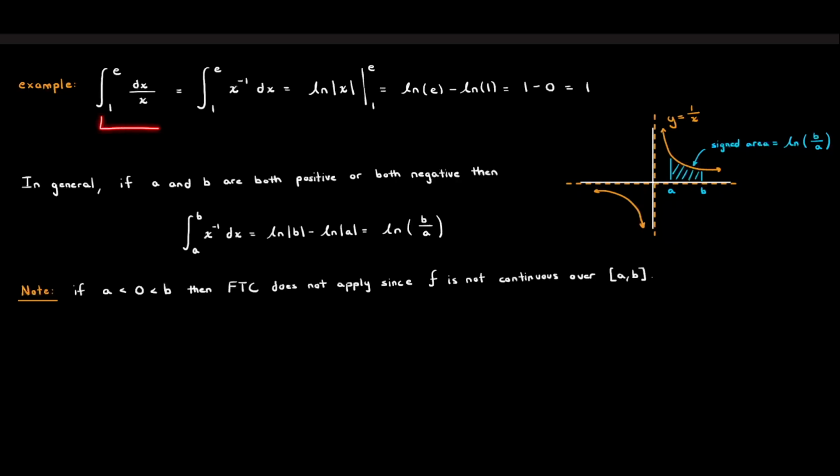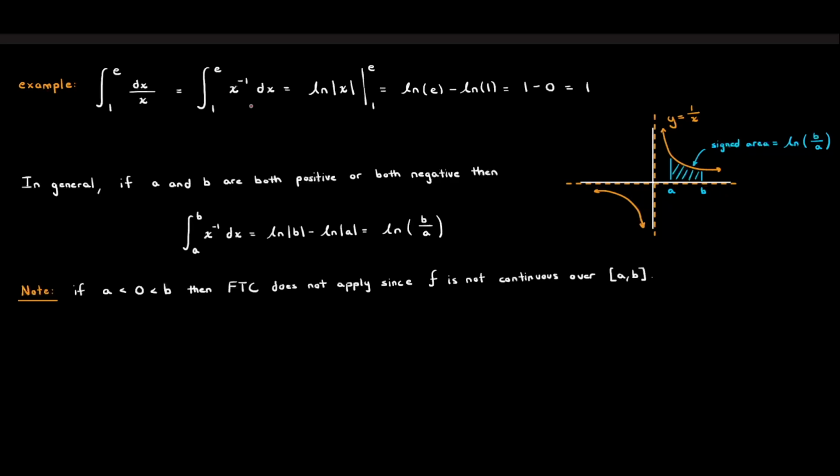So this might look a little bit weird to you, what's happening with the dx over x, but you can just move the dx to the side over here, and what you'll get is 1 over x dx. So in other words, the integrand function is 1 over x, or x to the negative 1. So this definite integral represents the area under the hyperbola, or the reciprocal function, over the interval from 1 to